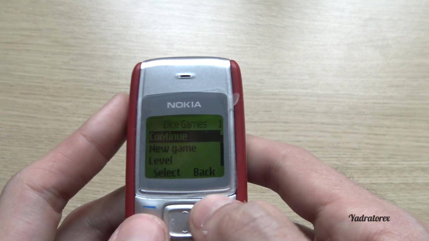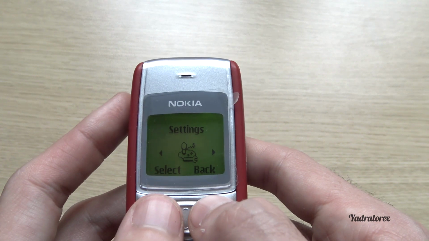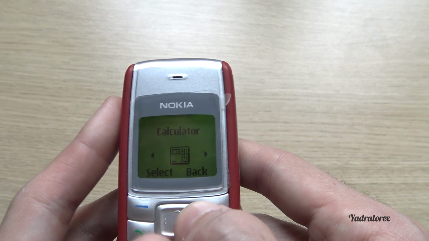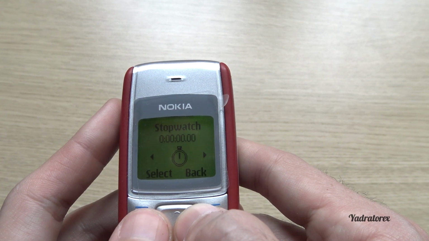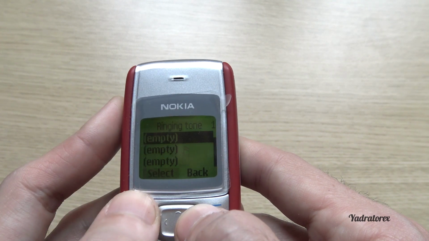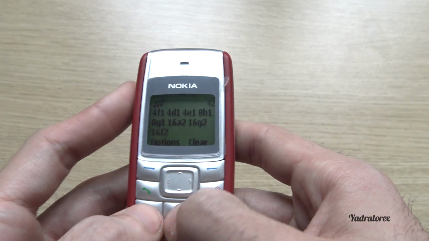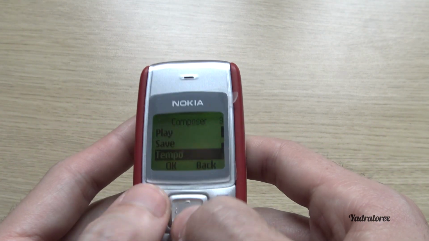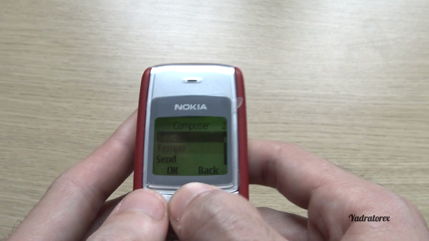Okay, that's another game it contains, and the game settings where you can put the backlight, sounds and vibration options. At extras we found the calculator, converter, countdown, stopwatch, composer. Different tempos, you know how to play with the composer, yeah? And play.